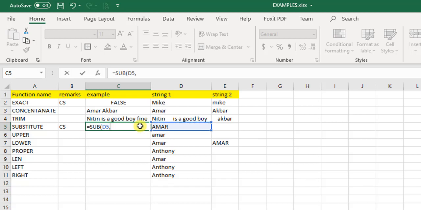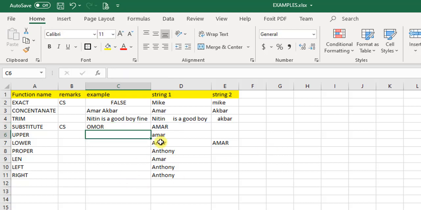We select the text, and then the old text. What I want to replace is an A, so I will say A, then place a comma, and instead of the A I want an O. So I will just close the parenthesis and hit enter.